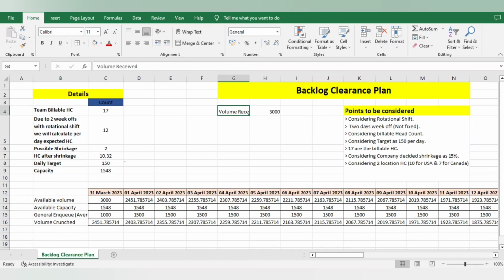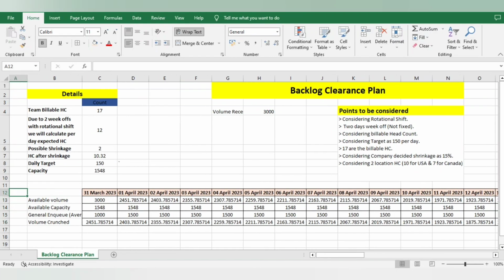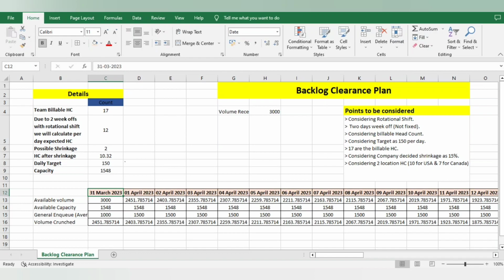Now my manager came and asked me, brother, how will you clear this 3000 volume? On a daily basis you are getting 1000 enqueued, that is the daily volume. How can you clear it, and how many days do you require to clear that? Okay, now how can you do this? So guys, this is the plan you can use to identify what can be done to clear the